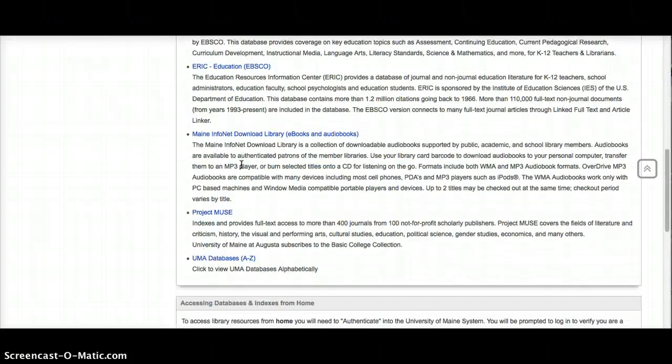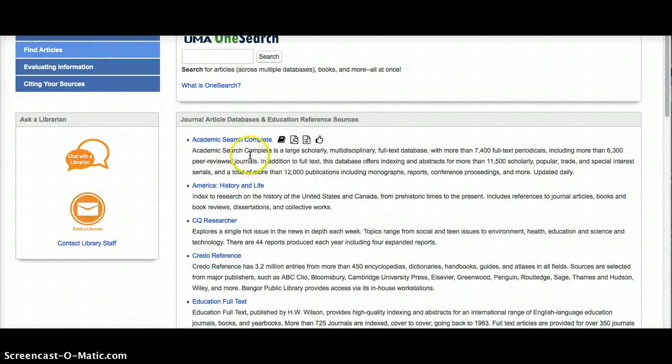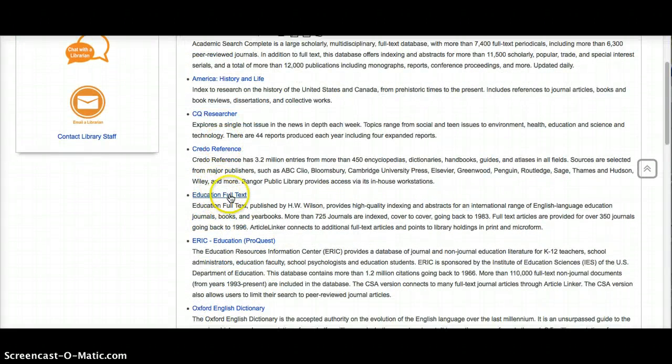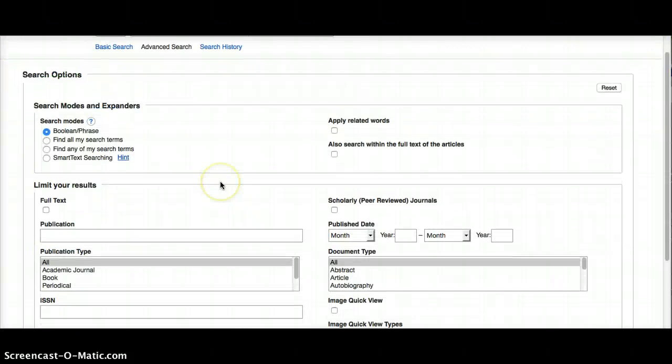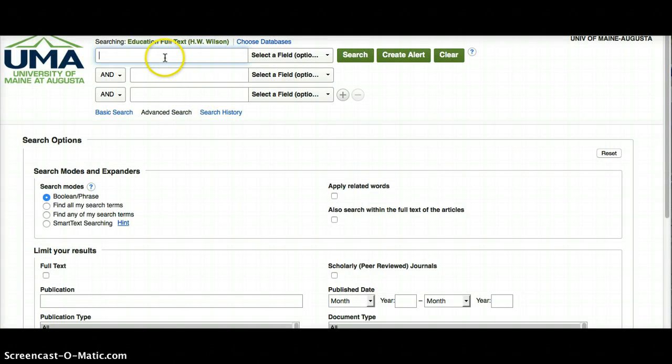Okay, and there's quite a few of them here. The ones that I would suggest would be Academic Search Complete, Education Full Text, ERIC Education Progress. Those are the three best. I'm going to go to Education Full Text because that's going to give me full text. Okay, so it asks you to search, and you can do a simple search. And I'm going to search for